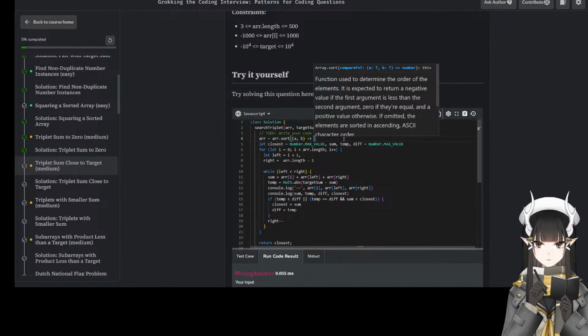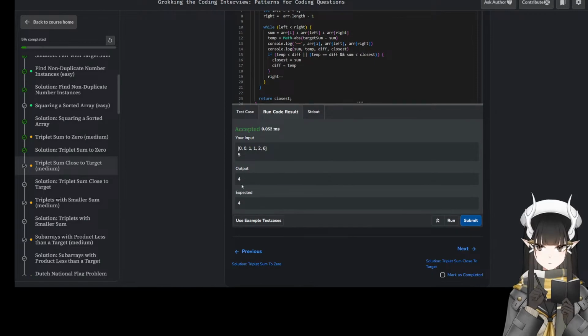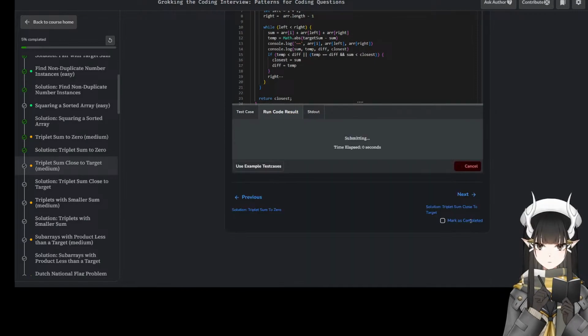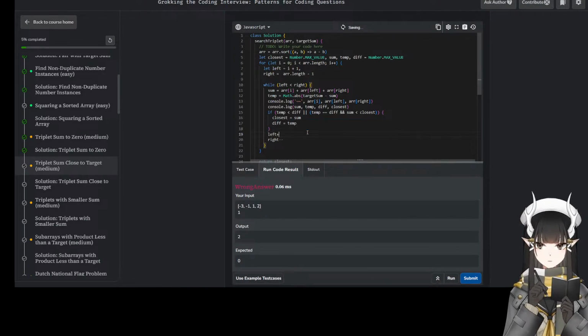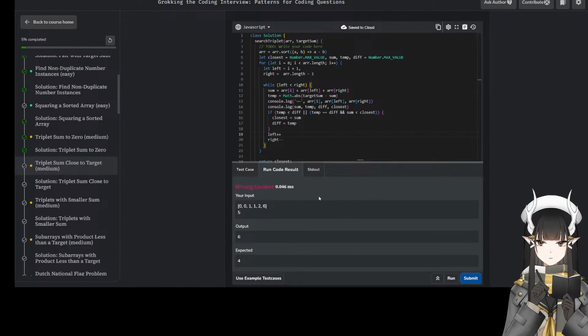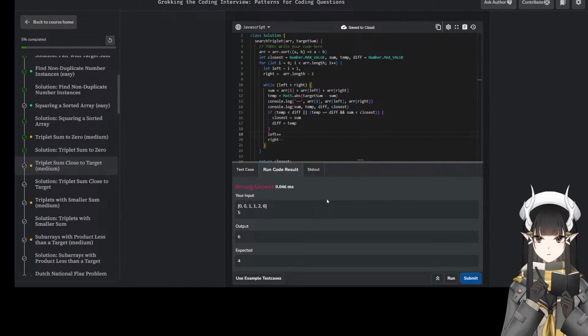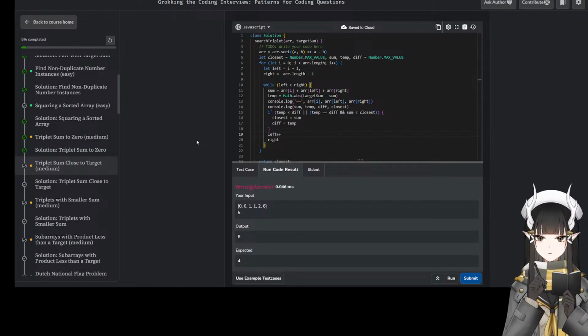A, B. We're looking at A minus B. If I pre-sort this, now it's correct. If I pre-sort this and then I do this. No, it's not correct. I don't care about the sort, because they're only looking for the sum value.